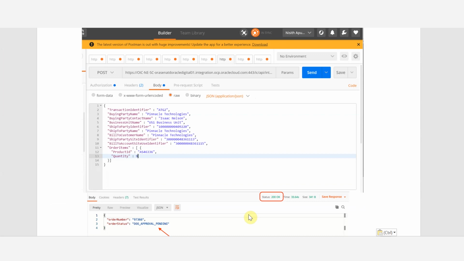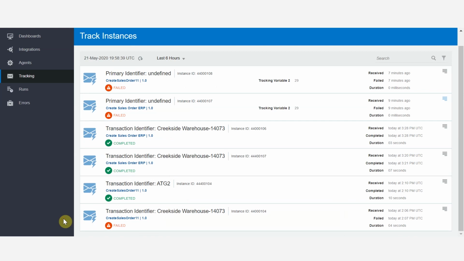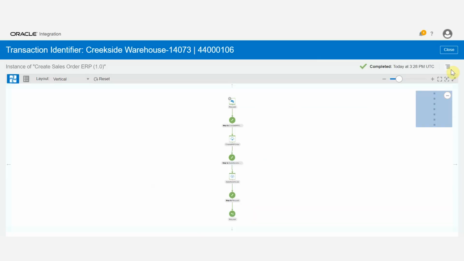To view runtime details of our integration, let's go to the monitoring section. Select Monitoring, select Tracking. Find your integration and click on the transaction identifier, our tracking field. While we had developed this integration, notice that your integration path is all green.